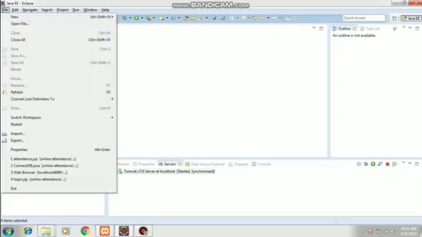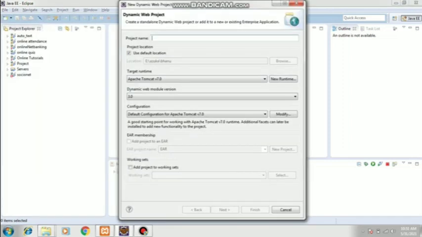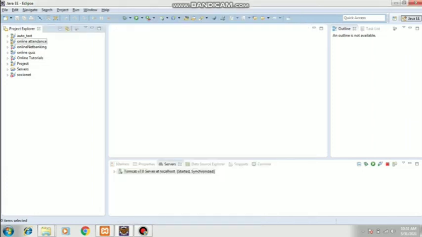First you need to go to File, then select New, then click on Dynamic Web Project. I have the dynamic web project in a shortcut itself. So here you need to create. You should give all the project details here, whatever project you are entering. You need to type it over here. Like this you need to create a project. I have already done some projects, so let me exit this part. You need to click on Finish there. If you click on Finish, you will get a project created over here like this.